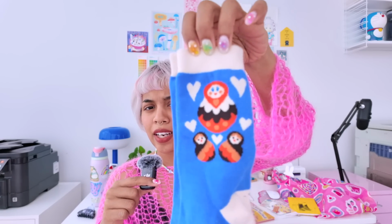Up next is this pair of socks that have a matryoshka on it, and I just love the blue. I'd rather buy articles of clothing that are designed by a small artist than from a big box store, to be honest. Up next we have this children's book and it's called A Stray's Journey to Heaven and Back, and this